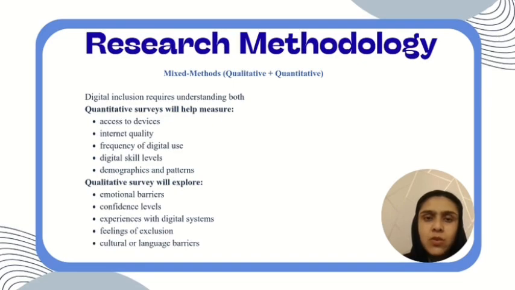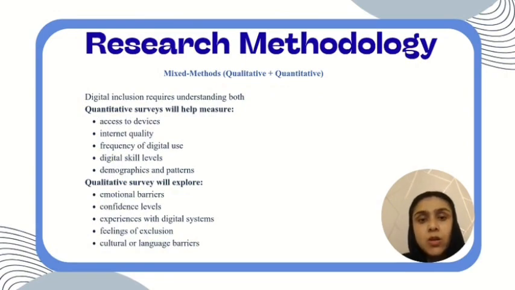So why do we not use only a quantitative method? A purely quantitative method, for example, the surveys, may show how many people lack devices, how many people struggle with digital skills, or how often people use the internet, but it cannot explain why these patterns occur. So there is a critical weakness of using this approach. It oversimplifies the human experiences behind digital exclusion. It reduces complex emotional and social issues to numbers. For example, 30% feeling digitally excluded tells us nothing about why or how or what their personal barriers are. Thus, a quantitative method only offers breadth but no depth.